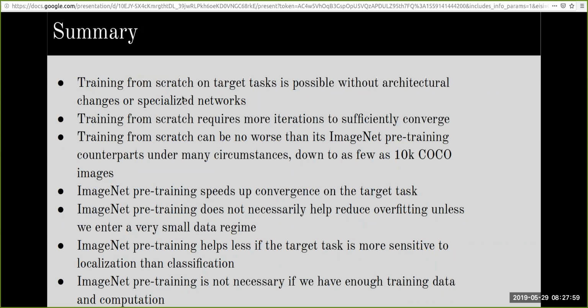The authors also noticed that with ImageNet pre-trained fine-tuning, the convergence speeds up initially, but that doesn't translate to overall task performance. Though there is good convergence in the beginning, it is not always the case that this converts into better performance than training from scratch. And also, as we discussed before, when the number of training samples comes down by a certain margin, ImageNet pre-training starts overfitting. Even the fine-tuned model tends to overfit.